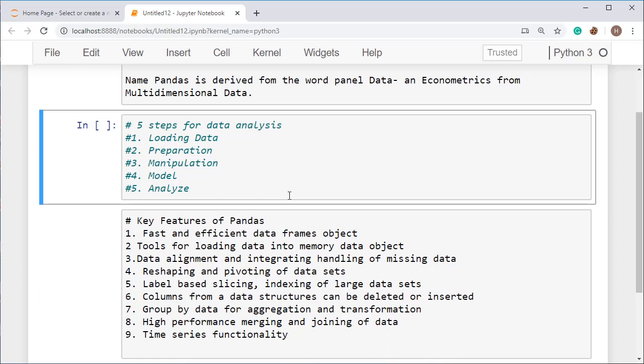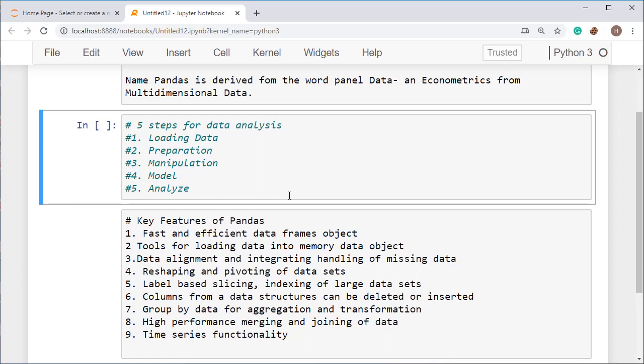With the help of pandas, you can drop any row or column from tabular data. Alright, you can update anything, or you may also delete the missing data, because missing data makes a margin of error in the data analysis. So you always have to avoid the missing data. Alright, so it will help you in the data modeling, which means you can do data alignment and integration with the help of pandas.